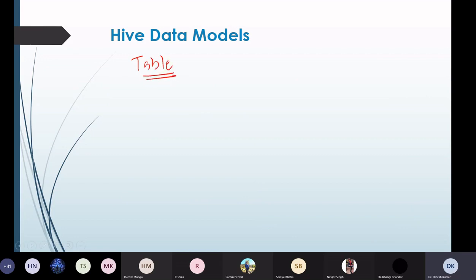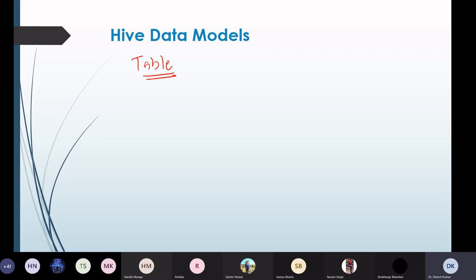Now, Hive tables are the same as the tables present in relational databases, which store the data, and then we can perform various operations on the data stored in the tables. Hive stores its metadata in a relational database, but not in the HDFS.